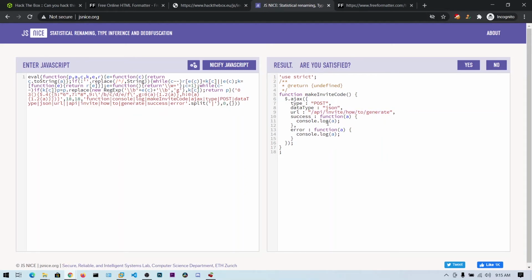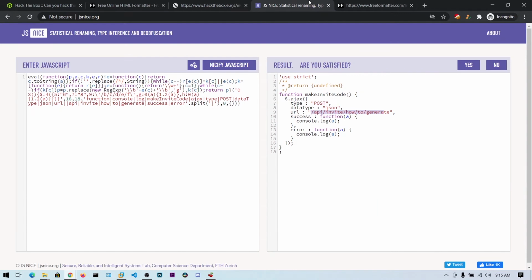I think so. You can see on success we need to send a variable a, and it is outputting onto the console log. So we need to make the post request to this URL in a JSON format.